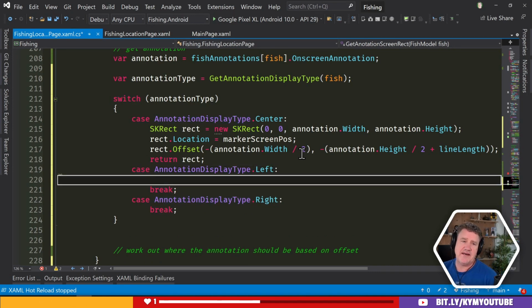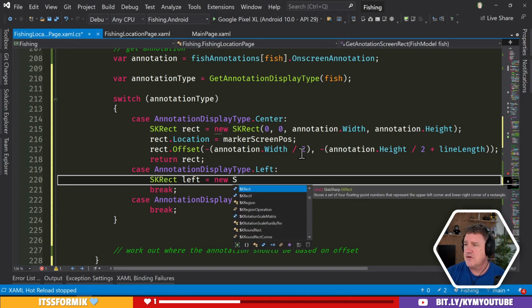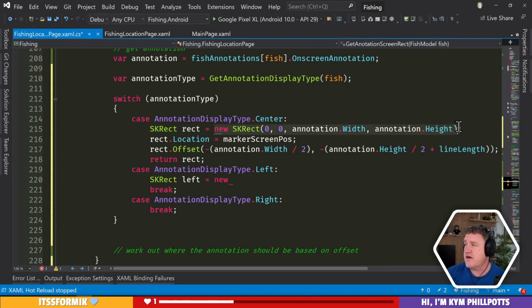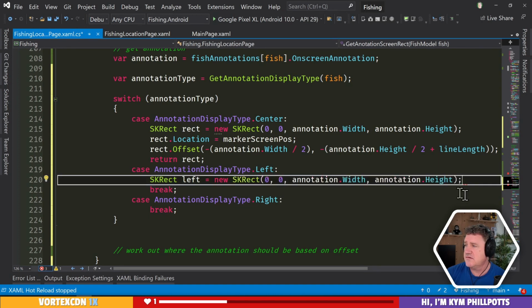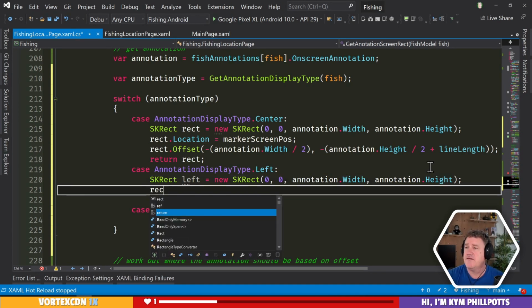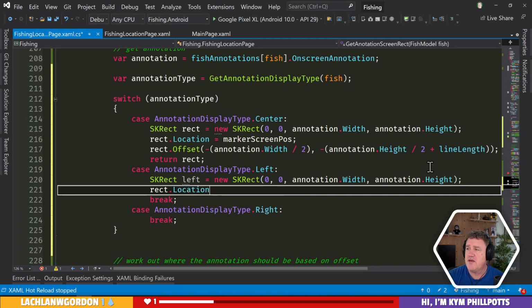Okay, if it's a left annotation though, we're going to basically want to do this, right? Get the annotation height and width. But then what we're going to do is we're going to say the location of this puppy is going to be,